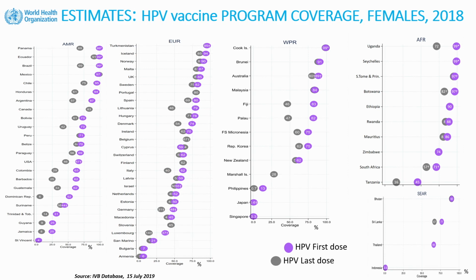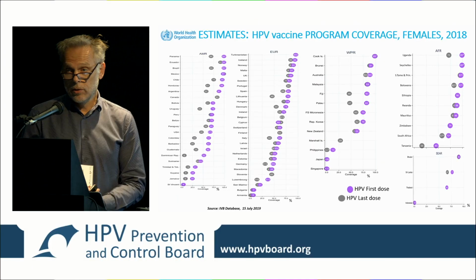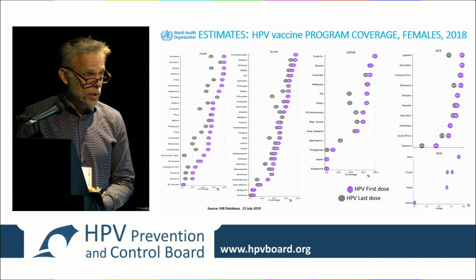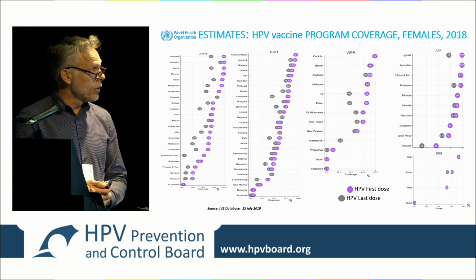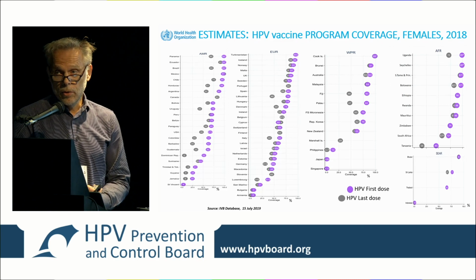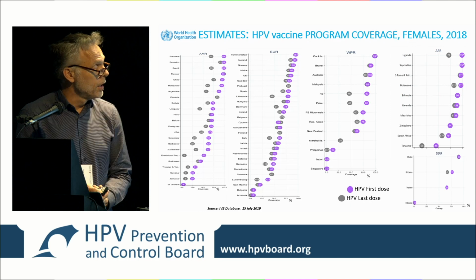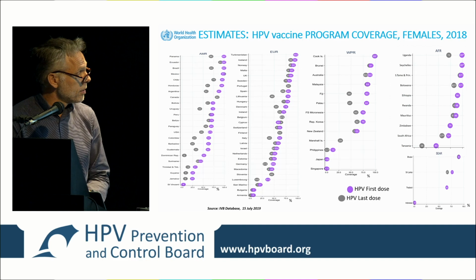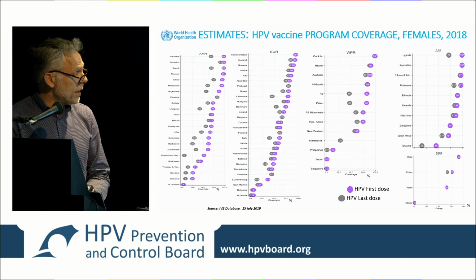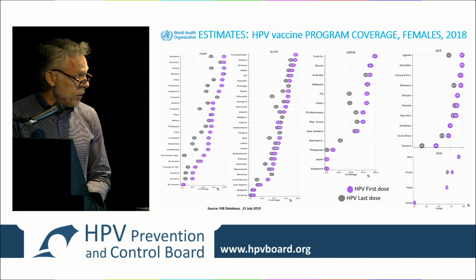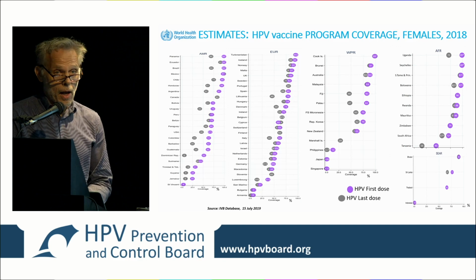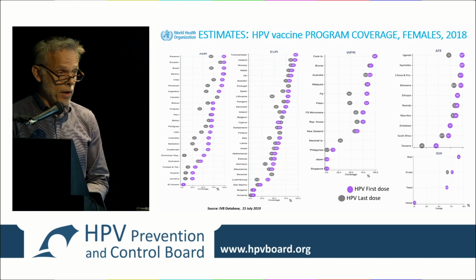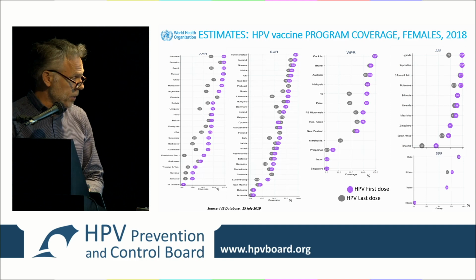Well, you look at this and you say, yes. Every region, without exception, has countries that reach 90% coverage. Maybe with the first dose, while the second dose is lower, as the typical thing for HPV is higher dropout. 10% dropout is good. We have dropouts of 50% in some countries. But we can also see the inverse. Many countries have very bad coverages, and 5% is very bad.